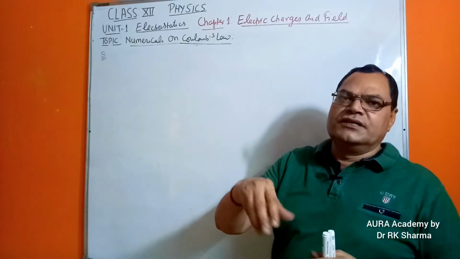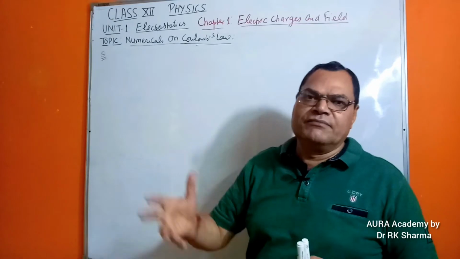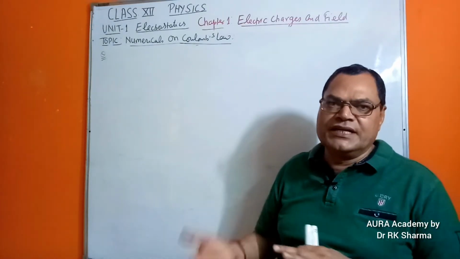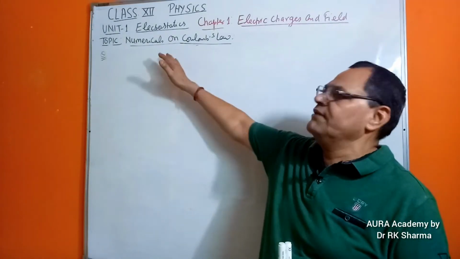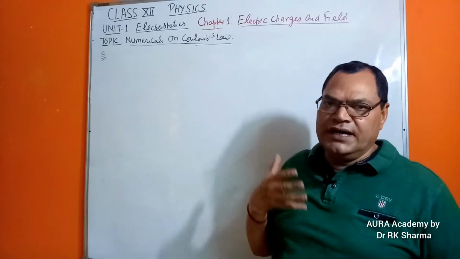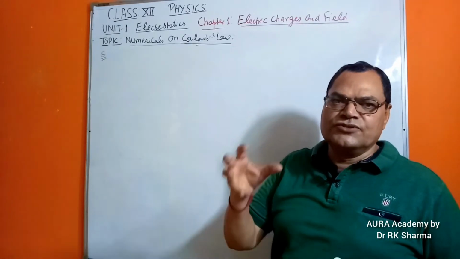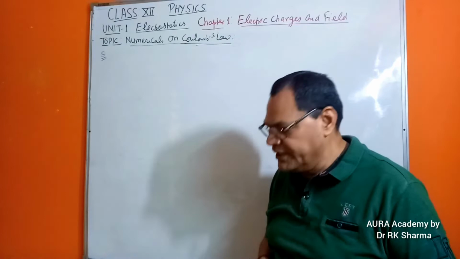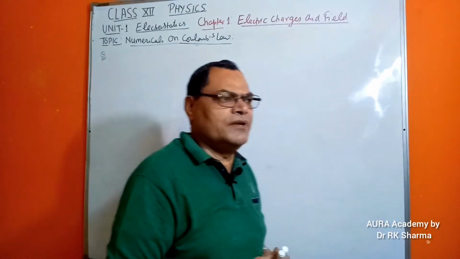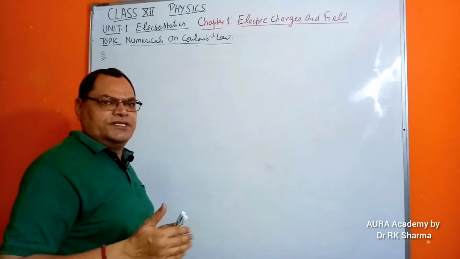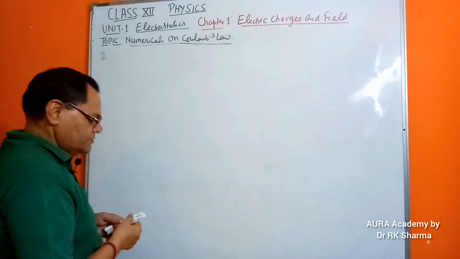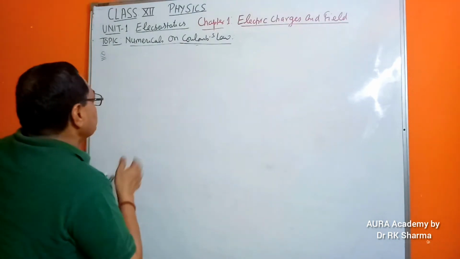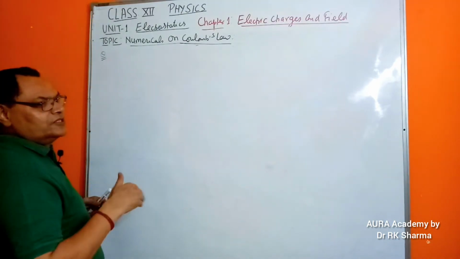You can put certain values. Okay, Q1 is having 10 microcoulomb or 20 microcoulomb or 10 centimeter, this or that. Though I will be putting some values, my idea is basically just to give you the concepts. Simple mathematical multiplication, division, etc., you can do yourself later at home. So I would like to take the question in general to clear the concepts.